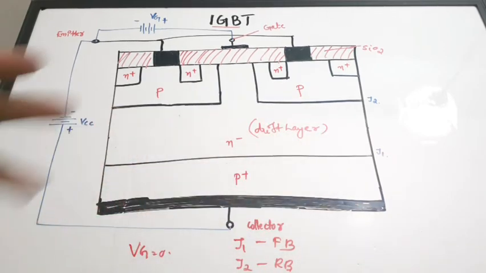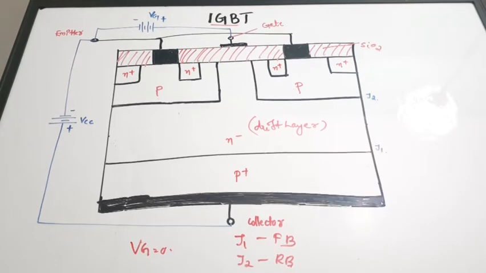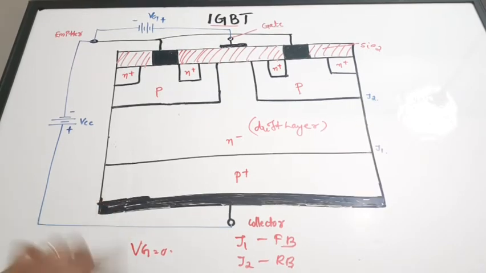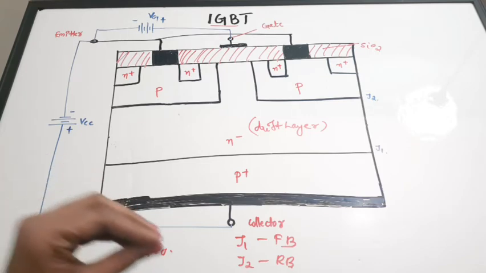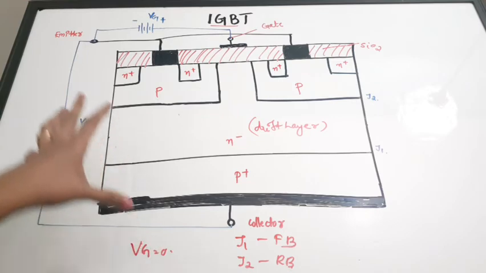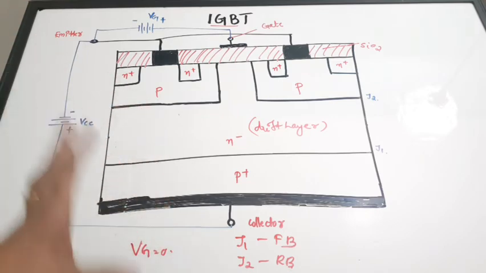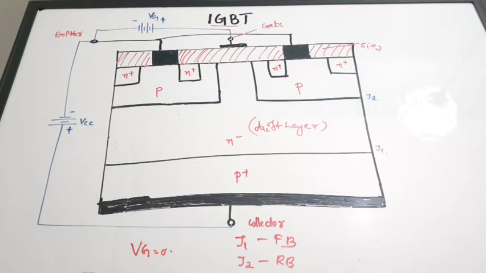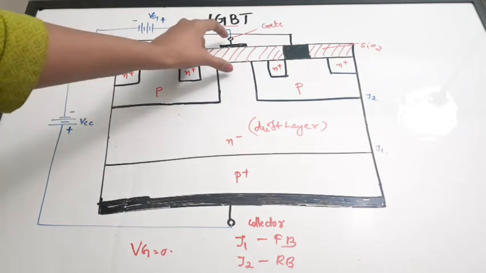So, due to the presence of this reverse biased J2 junction, there will not be any major current flow when VG is equal to 0. But there will be a very small amount of current constituted by the leakage current, which is due to the minority carriers. We'll discuss all those things later. For now, just know that when we are only applying VCC, the device is generally not in the conducting state. But consider that when we apply a VG value which is greater than 0, then there will be a capacitance effect here.